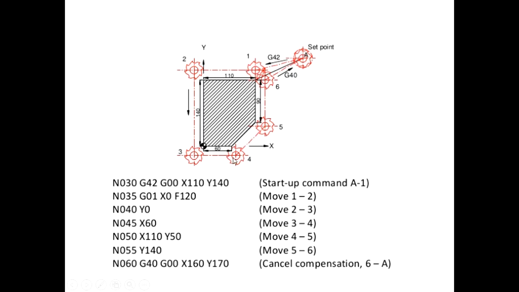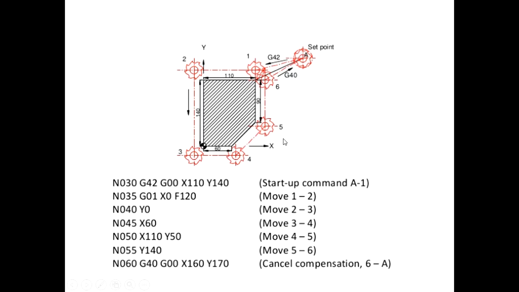Now this is the case for the G42 code. Now suppose your direction of the cutter is in the reverse way. Suppose this is our first position, and number 5 will be second like this. Suppose you are moving in this reverse direction, then we have to use the G41 code. You will get the simple answer why we are using the G41 code, because we are compensating the cutter to the left hand side. If you are compensating the cutter to the left hand side, you use the G41 code. And when you are compensating the cutter to the right hand side of the program surface, you have to use the G42 code.